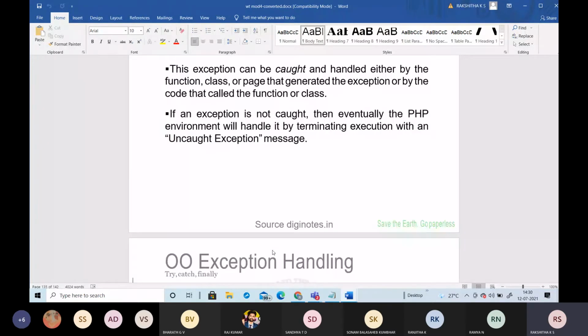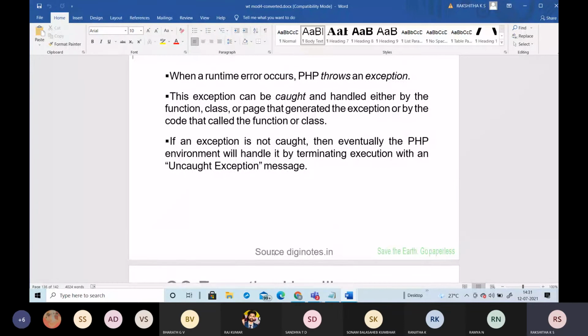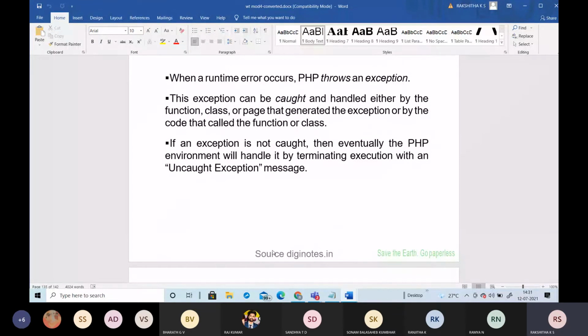Next is object oriented exception handling. In object oriented exception handling, when a runtime error occurs during the execution of the program, PHP throws an exception. This exception can be caught and handled by the functions or classes that generated the exception.